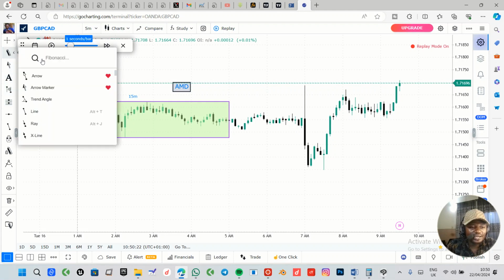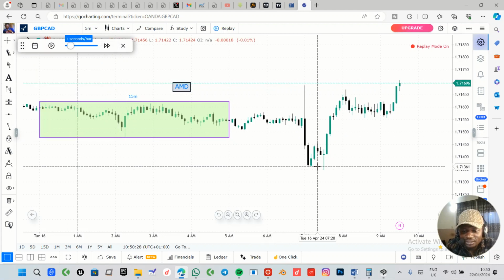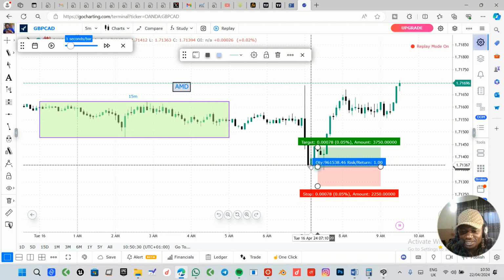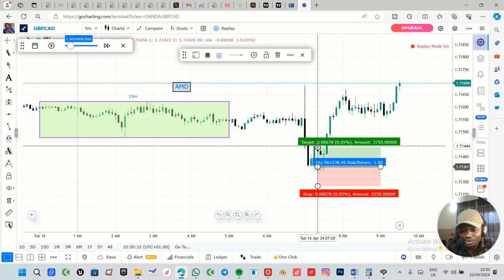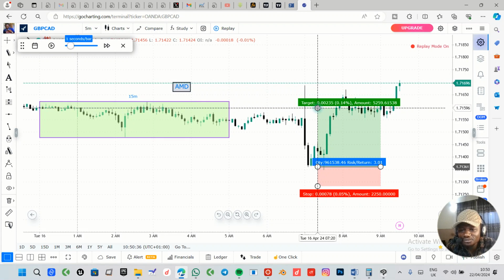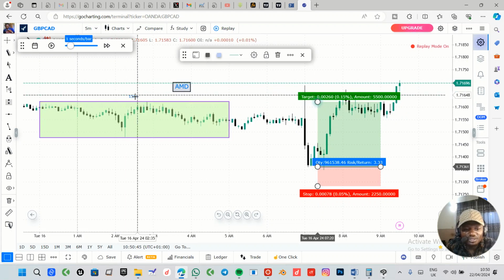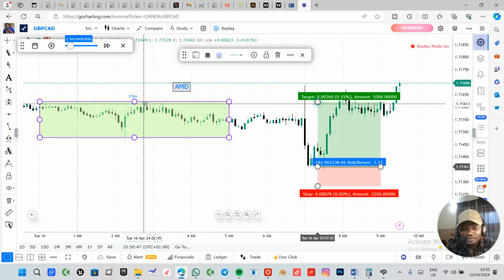This is what I am going to do, guys. You get your long position tool, then I will set myself. Immediately I see this candle begin to go up, I can target 20 to 30 pips. Okay, 20 to 30 or 35 pips if I like, or I can target the previous high here, because